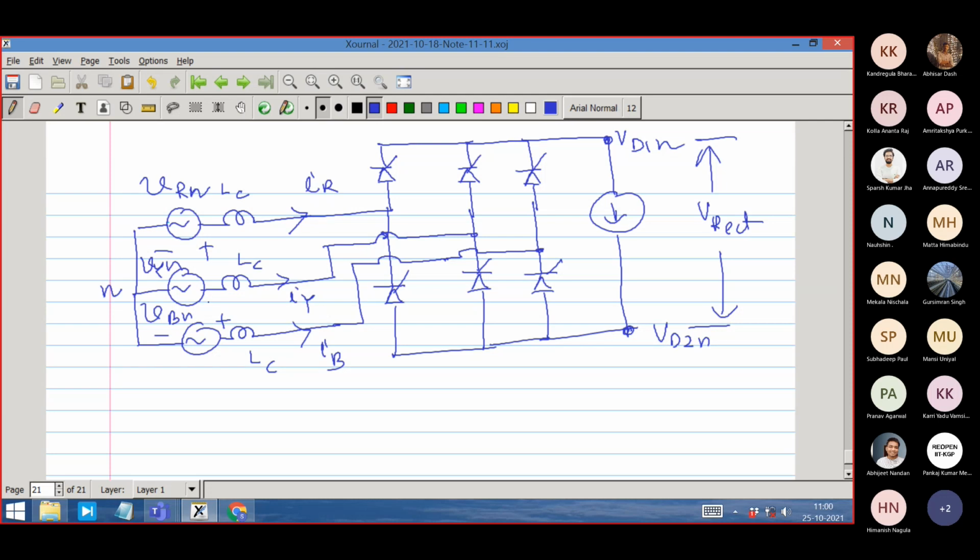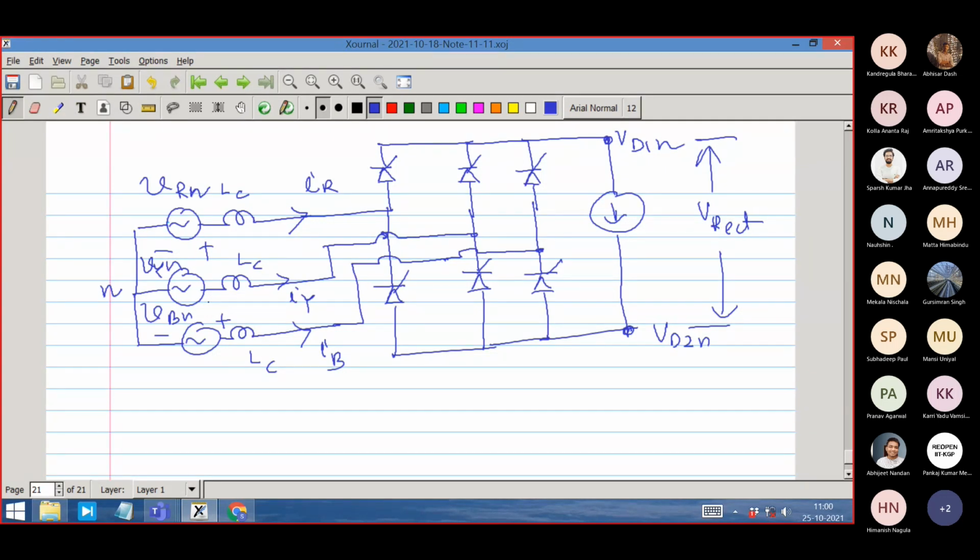The objective is to reduce harmonics, because a thyristor converter has one problem: it doesn't have much control over the current. The current waveform injects harmonics at the input side. It is good at controlling the rectified DC voltage, but it has no control over the current. The current is directly decided by the load current. Load current is directly reflected here because you are firing only once in a line cycle. In a 50-hertz cycle, TH1 is fired only once. So if you are firing only once, how can you shape the current?